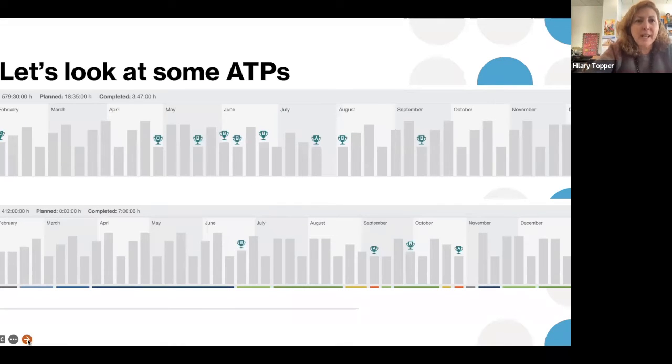All right, so let's look at some ATPs. Now, ATP stands for Annual Training Plan. This first person on the top has his A race in July. He's got a couple of C races prior, and then he's got 1, 2, 3, 4 B races right before his big event, and then 2 B races after his event. What do you guys think of this schedule? Think it would work? Think he should cut something?